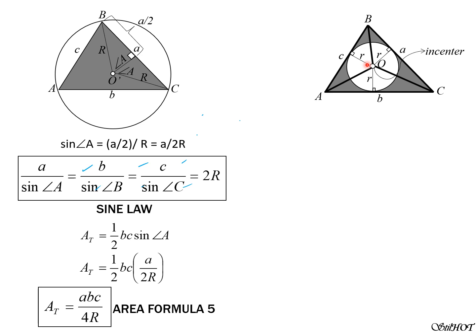So that's also R. From the figure, if we call this side X, this is B minus X. That's also B minus X. And this is X, so this is C minus X. That's also C minus X. And because this is B minus X, then from the figure A equals B minus X plus C minus X. So 2X equals B plus C minus A.